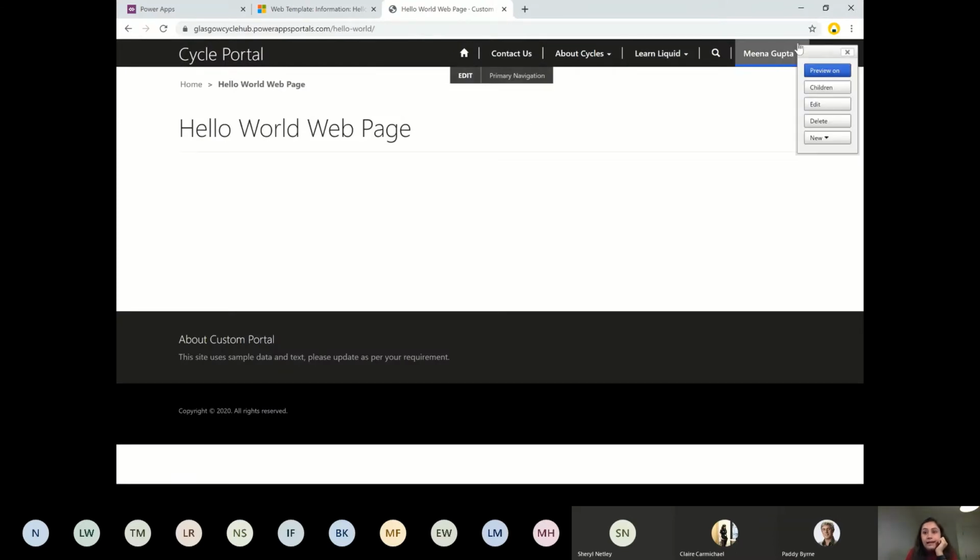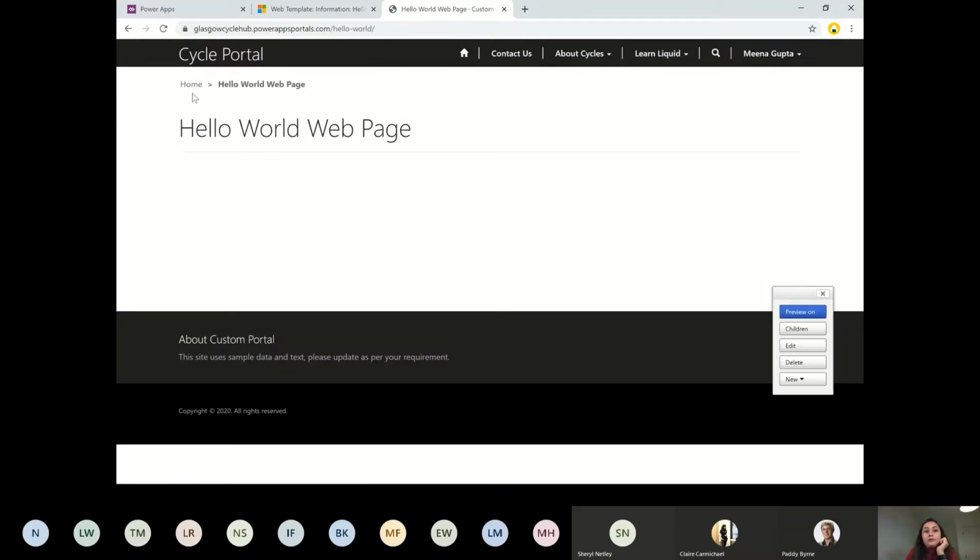So extending that web template is just giving some breadcrumbs. Breadcrumbs mean which is your parent page, then your child page. So my parent page is home, and then my child page is this, and this is just showing the name of the page, and that's all. And then we'll be seeing how to write basic code after this.